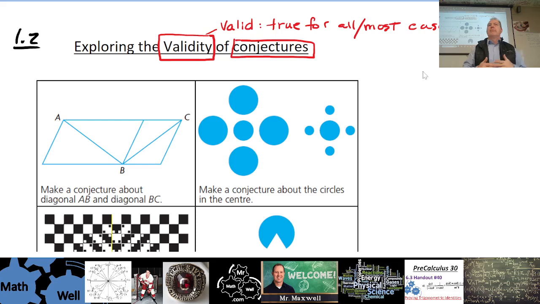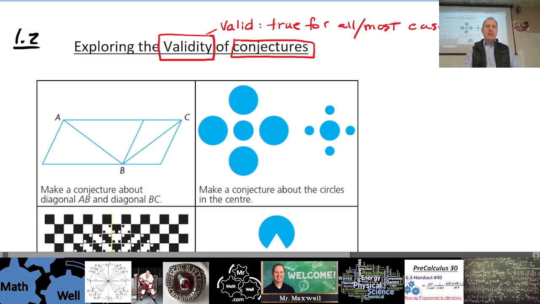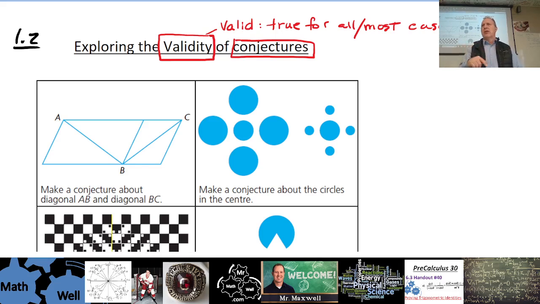If you are a grade 10 student here at RCS, are you here at RCS during most weekdays? Yes, during most weekdays you're here at RCS if you are a grade 10 student. That's a valid conjecture. Why? Because when you look at the calendar, most weekdays of the year, including all the holidays in summer, most of those days, over half, you're here at some point during the day. So that's a valid conjecture.